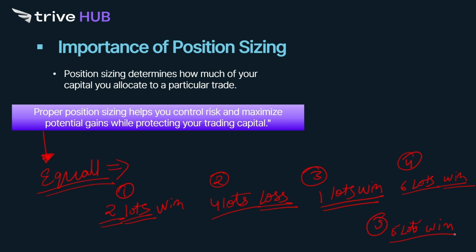So what will happen at the end of these 5 trades? Either you are in a loss or in a profit, but there is no consistency. And when you use this type of irrational position size, then the majority of the time, like 90% of the time, at the end you will be in loss only. There are very few chances that your account will be green after having irrational quantities. It's just mere luck. Alright, so this is why we need to have a very good plan for position sizing.